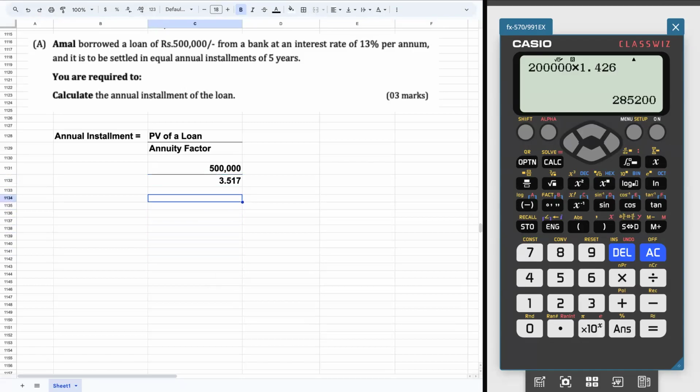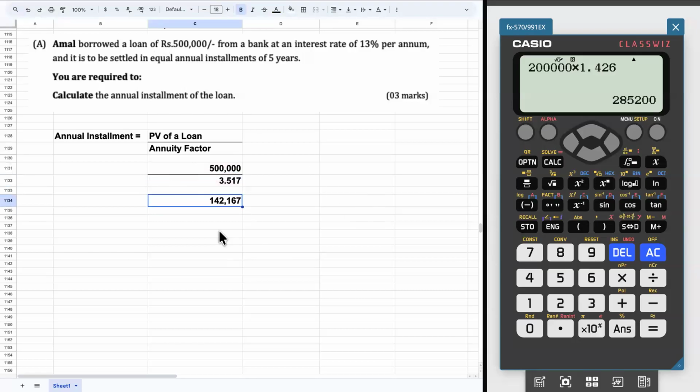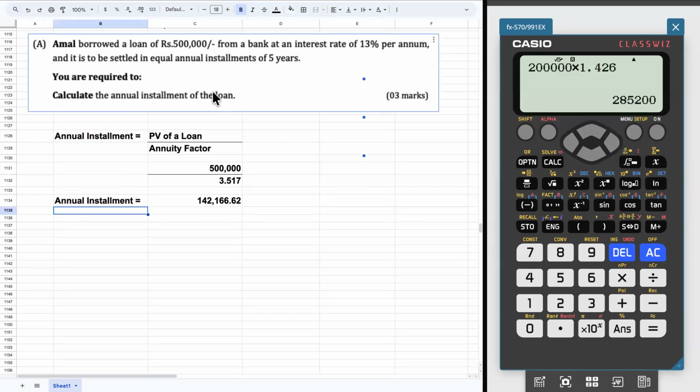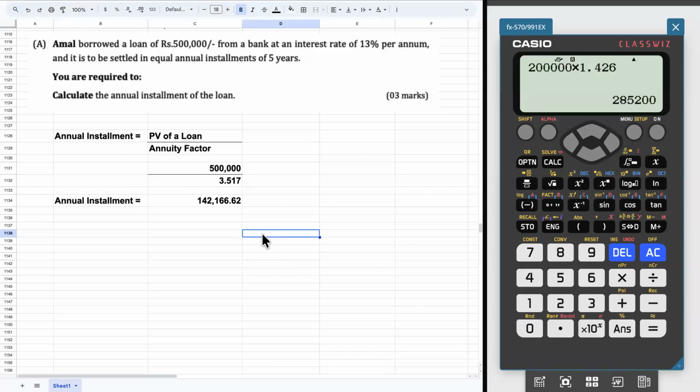So exactly, this is going to be your annual installment, right? They are not asking for the amortization schedule in this question. So this is going to be your annual installment,